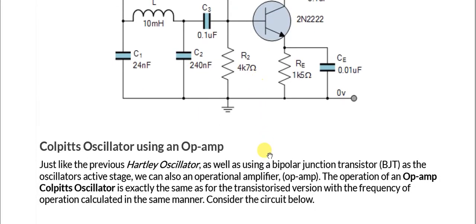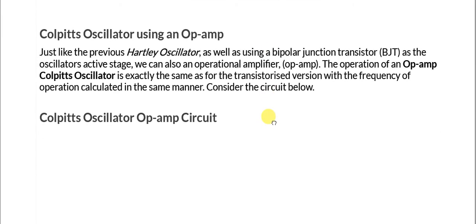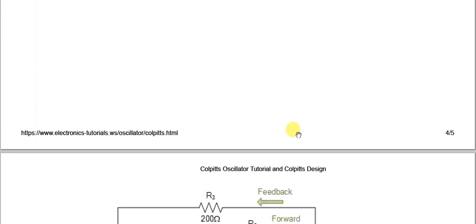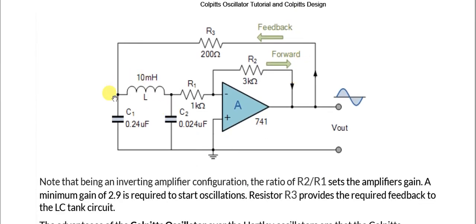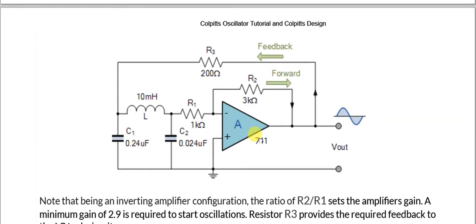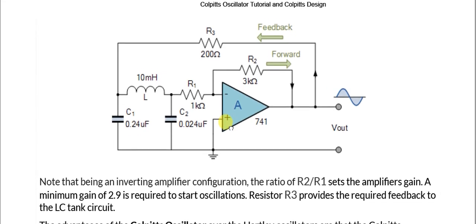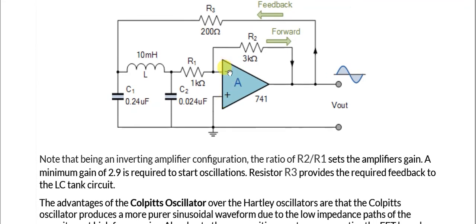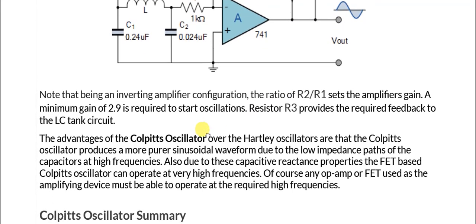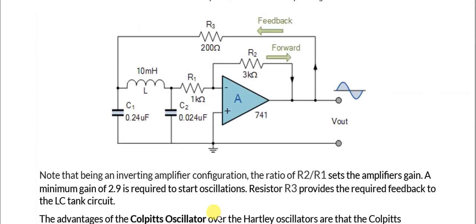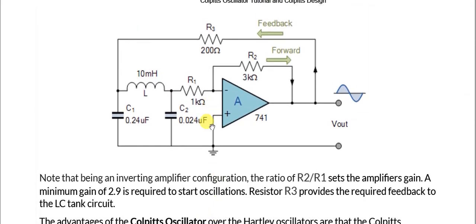And similarly, you can go through the Colpitts oscillator as an op amp. As an operational amplifier, we put it in a similar way as we did before. The procedure is the same for the Colpitts oscillator; the only difference is that we have two split capacitors. So C2 is the feedback which is provided at the input of the operational amplifier. Plus and minus, we have these two terminals at the input, and one at the output, which is V output. So we have the op amp amplifier with the oscillator circuit in this case as well.